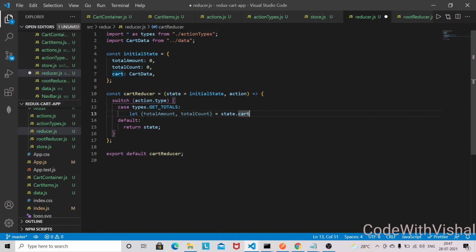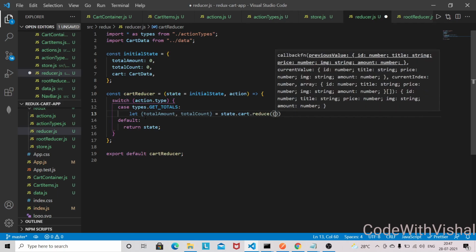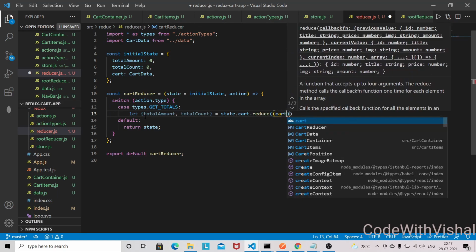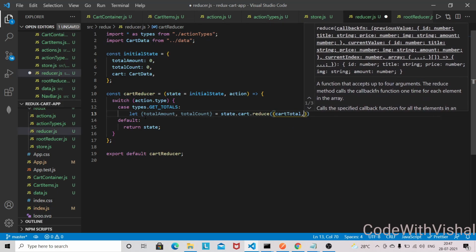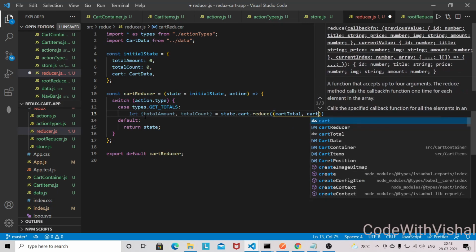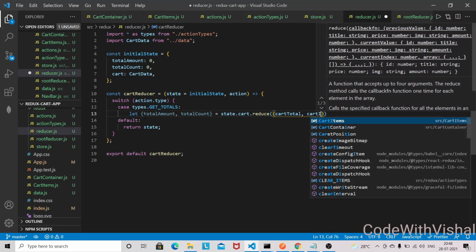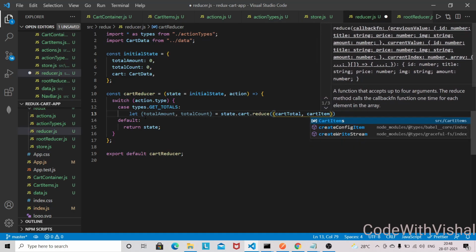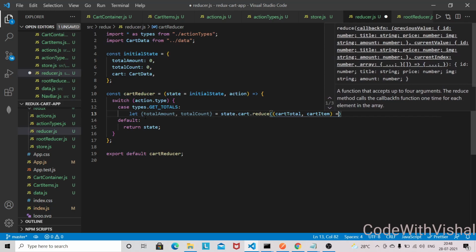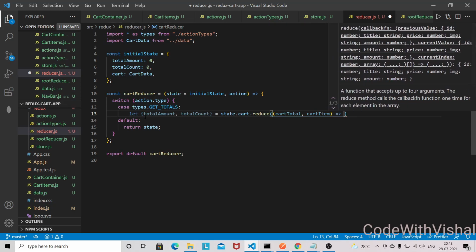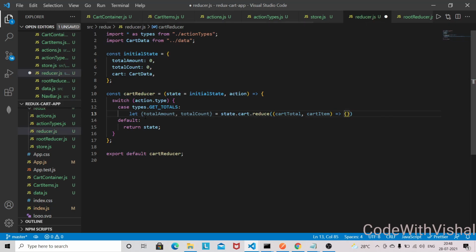So here I'm going to use the reduce method. So reduce, and this will have a function, cartTotal and cartItem. Okay, and in this function we are going to destructure from the cart item the price and amount.